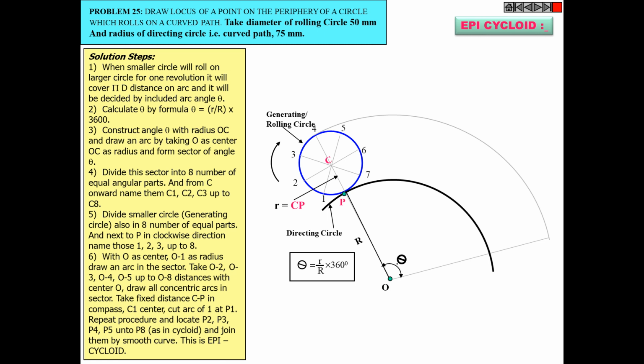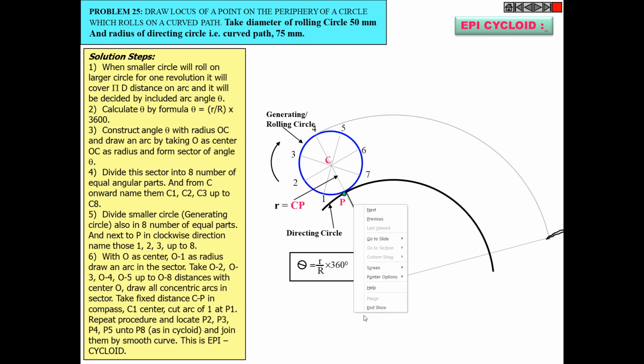Any doubt so far? Okay, so next step is what? Next step is again you take your compass, and the distance which you measure from your compass is O4. Measure this much length in your compass, keep your compass at center point O, and complete this arc. Complete this arc till this 120 degree line, and complete this arc. Fine. And the remaining line, now you can erase this line with your eraser. Now this is the sector which you are getting completely.